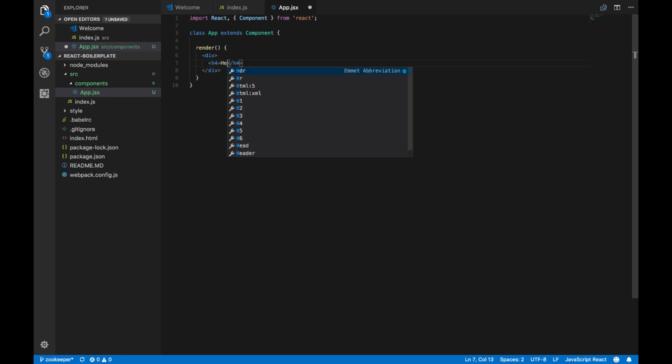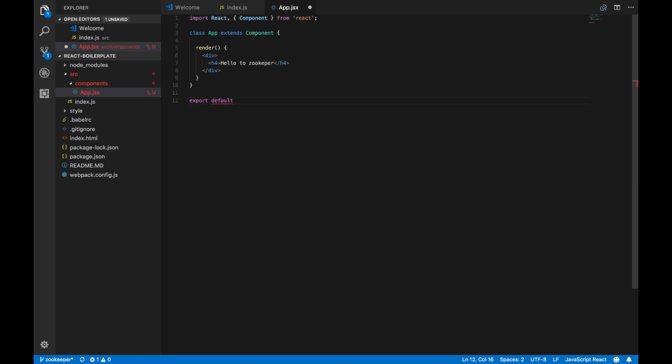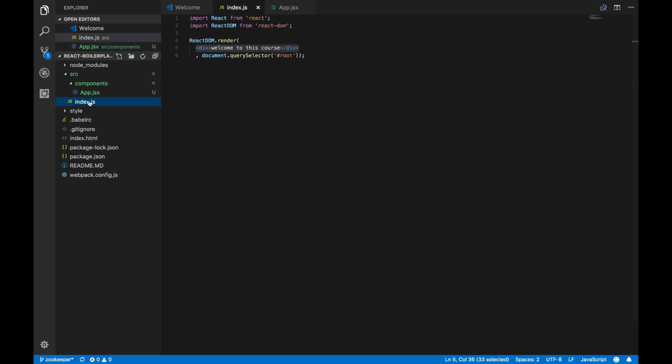And then it says hello to Zookeeper. So we need to export the class, export default app,